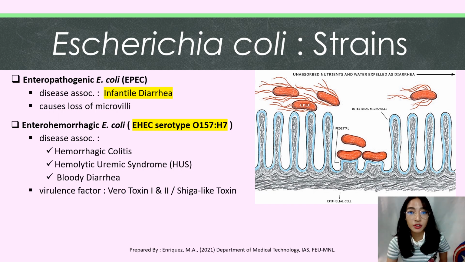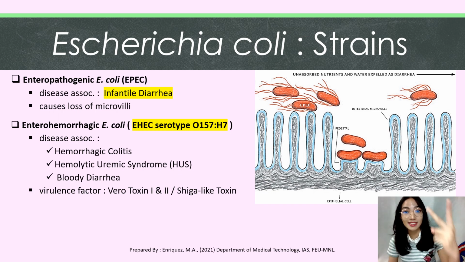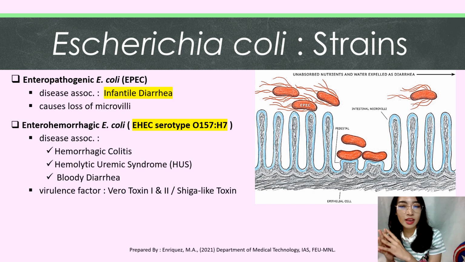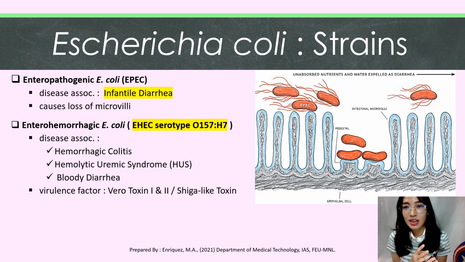So the virulence factor of EHEC includes verotoxins 1 and 2 and also the Shiga-like toxin. So these toxins have the capability to destroy vascular endothelial cells, which is why these are the types of diseases that it can cause. So hemorrhagic colitis and also bloody diarrhea and the HUS or the hemolytic uremic syndrome. So HUS or the hemolytic uremic syndrome is a condition in which the small blood vessels of the kidney are